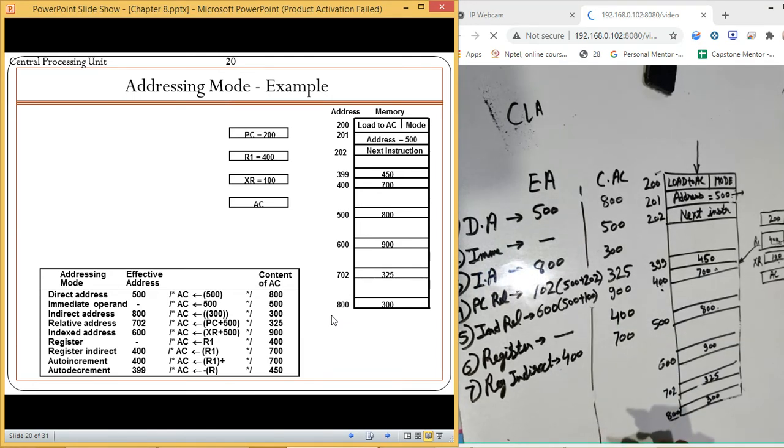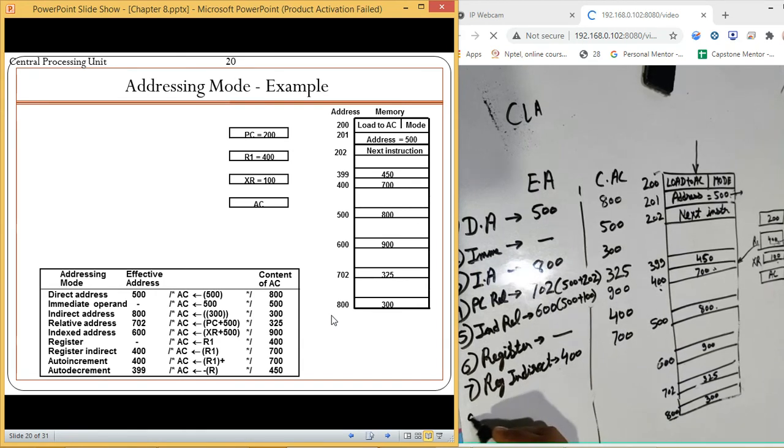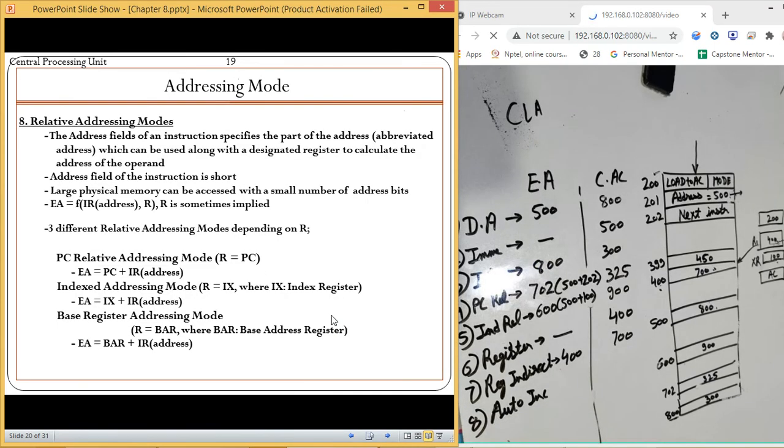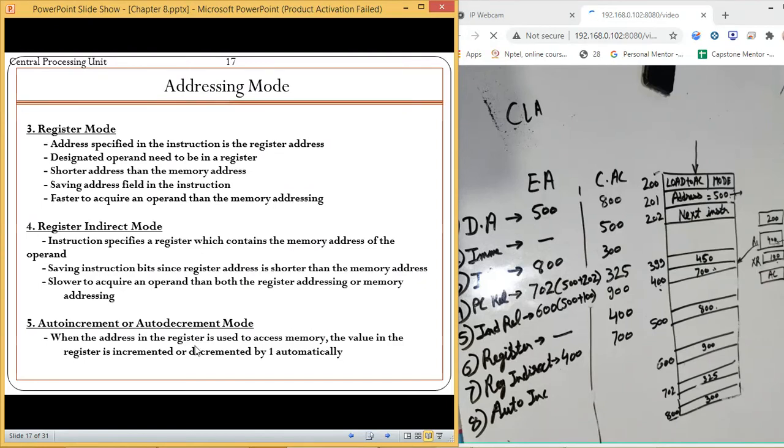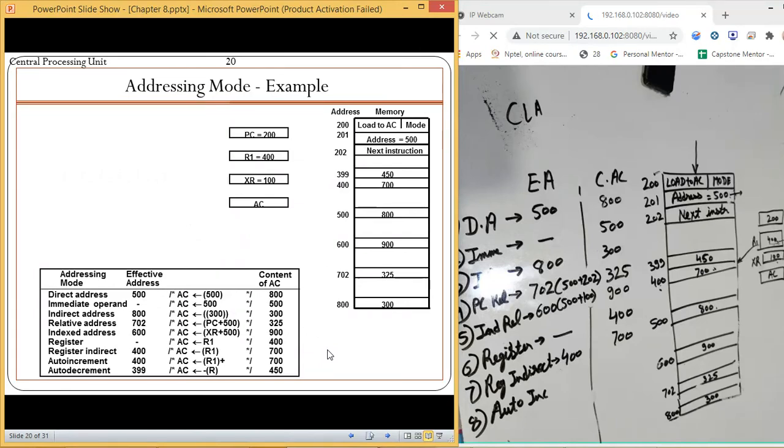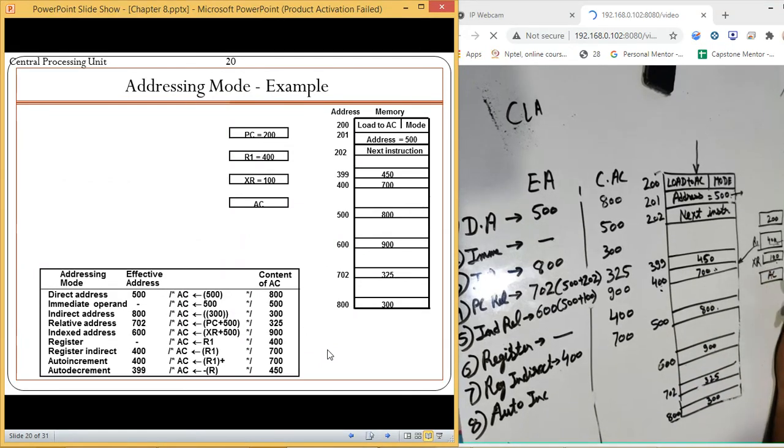Now after this register indirect, let us move to the next, which is auto increment. If you remember, the auto increment part was when the register is used to access memory, the value in the register is incremented or decremented by one automatically. So we are going to use the same concept now.